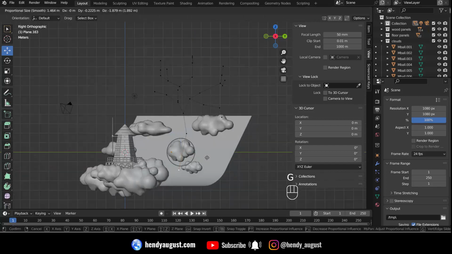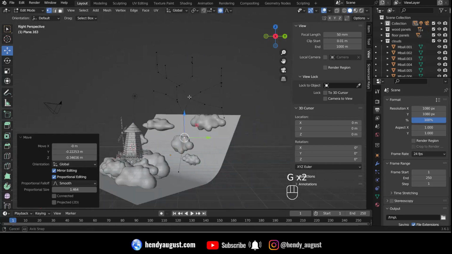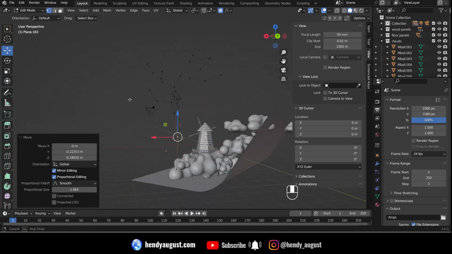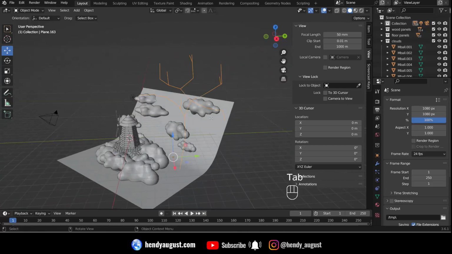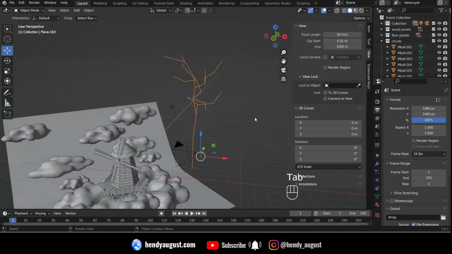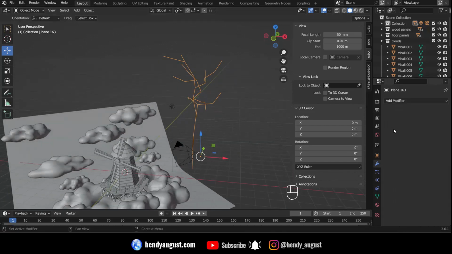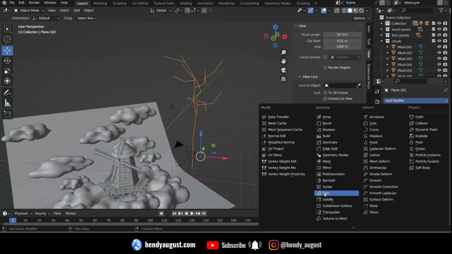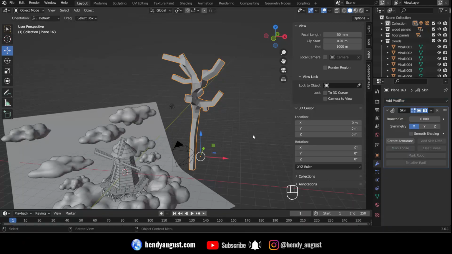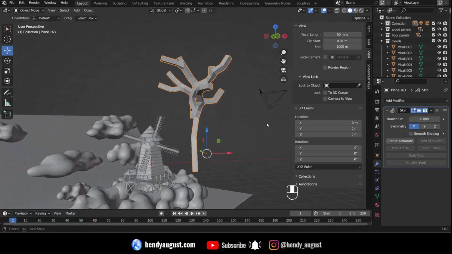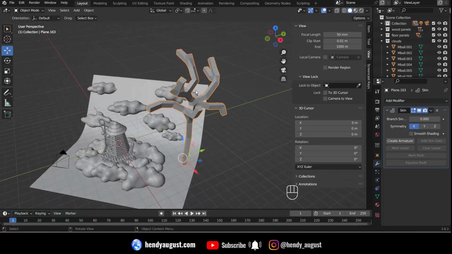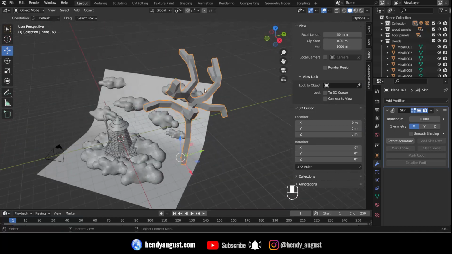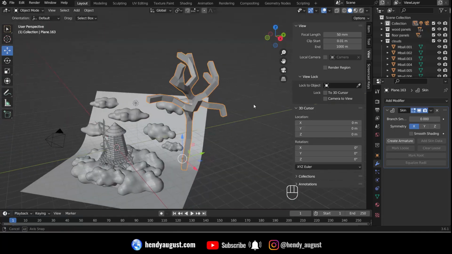and we're gonna exit the edit mode and go to object mode by pressing tab, and we're gonna go to modifier, apply the skin modifier. As you can see, we have our tree. We have the skin modifier covering